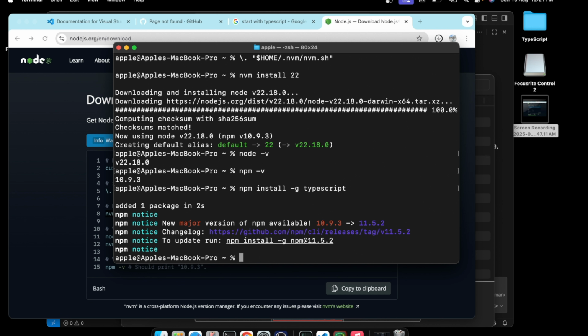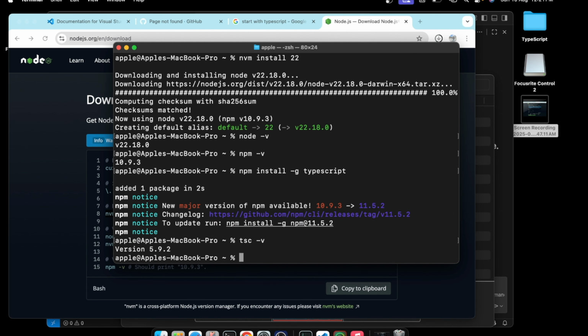Now it is installed and a new package TypeScript is added. So for verifying, we will use tsc -v. This stands for TypeScript. Now you can see that TypeScript 5.9 is installed.